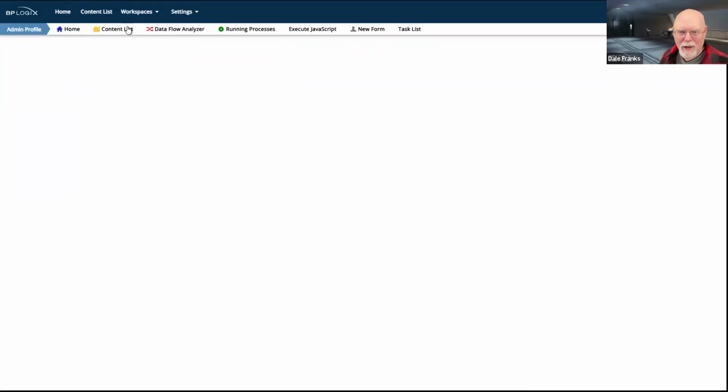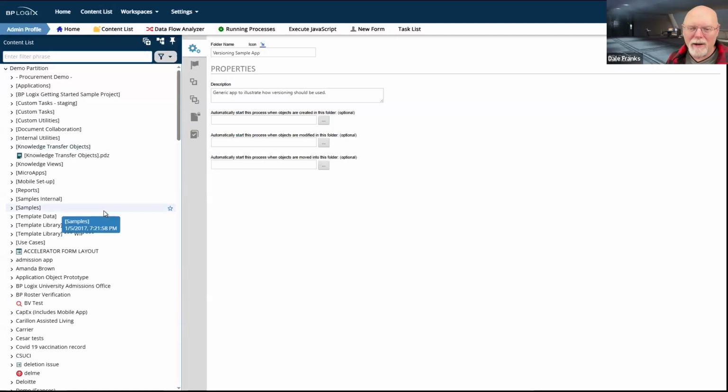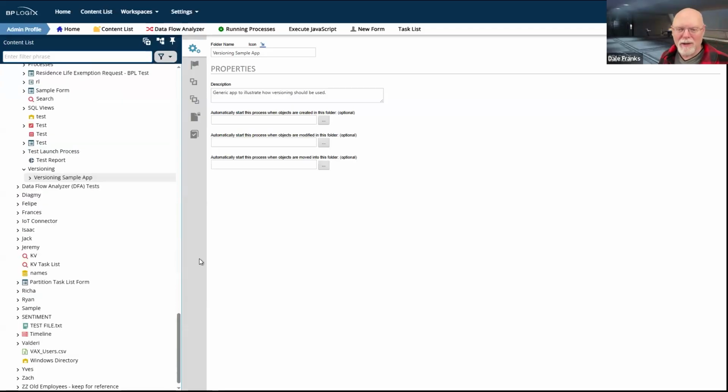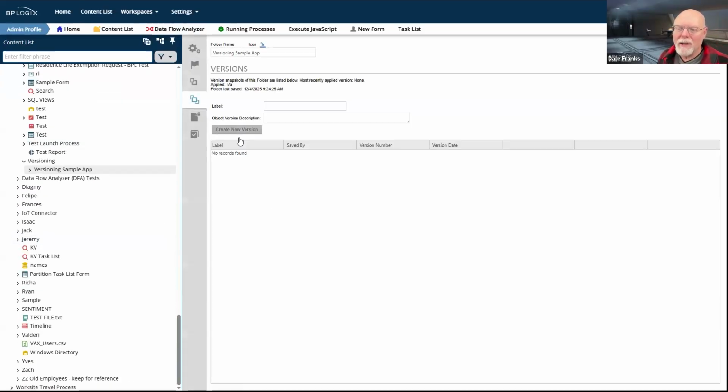Well, at the bottom of the screen, it's showing me where I need to go. There we go. Finally, it opened it up. Let me reopen the content list here just so that we can see where we are. And now we'll go into our versions. And so now that I'm going to do an export, I want to go to my parent folder for my application and I want to create my new version.